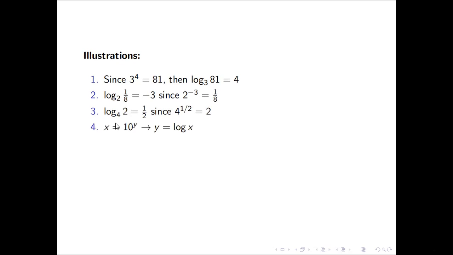Now, how do we convert this to logarithmic form? x equals 10 to the y. First you have to determine which is the base. The base is 10, and the exponent is y. So your base for the logarithm should also be 10, which is not written since it is base 10. It's understood that if the subscript is not written, it's the common base, which is 10.